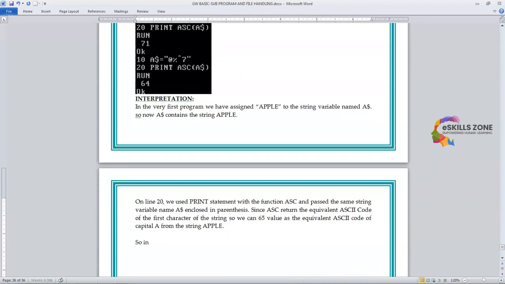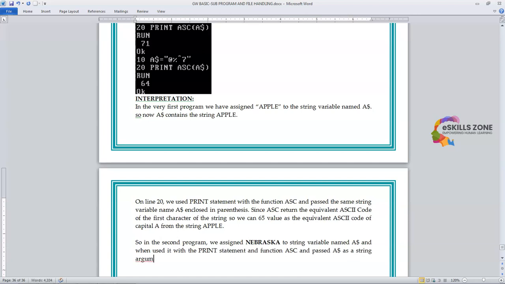So in the second program, we assigned Nebraska to a string variable named $8, and when we use it with the print statement and function ASC and pass $8 as a string argument,